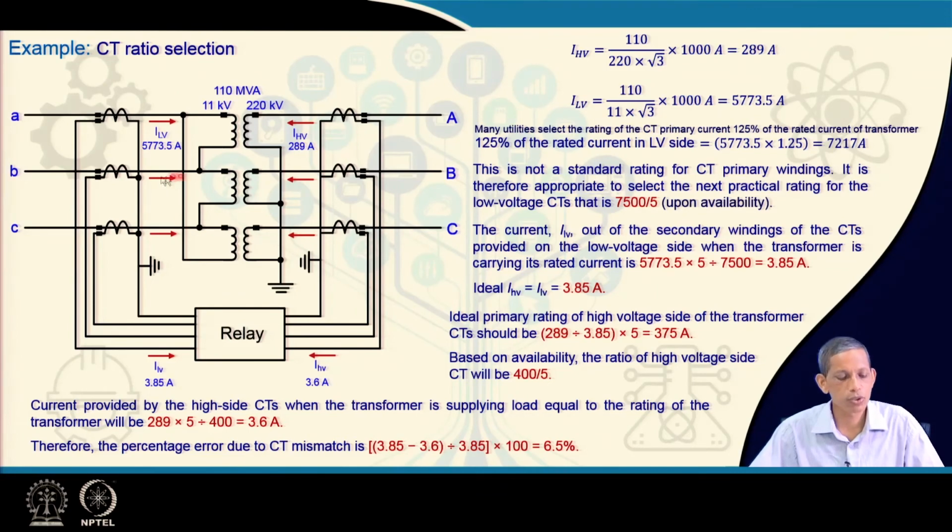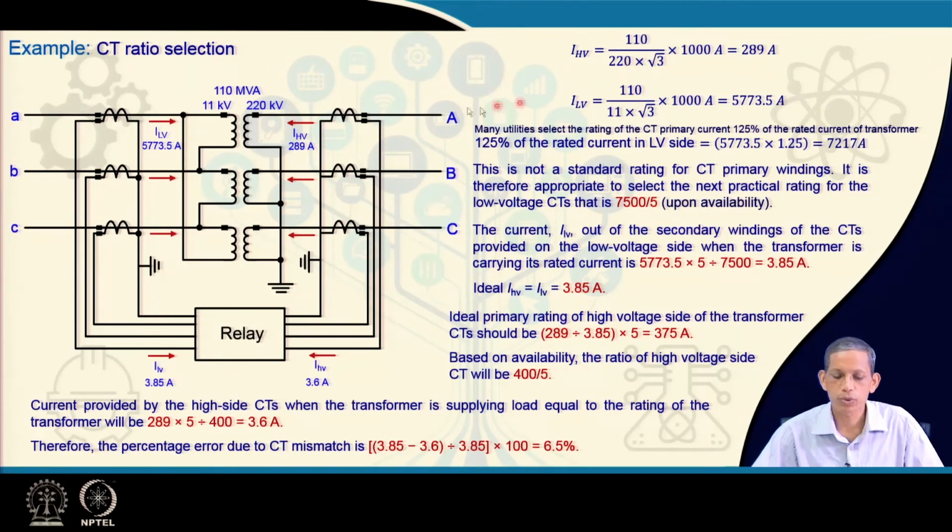So, in this diagram both the CTs, primary and secondary, on the low voltage and high voltage sides are connected in star, and those signals are fed to the differential relay in this case. The task here is the CT selection, that is, the choice of CT for the particular differential relay application. So, let us come to the high voltage 220 kV side. The transformer is having 110.